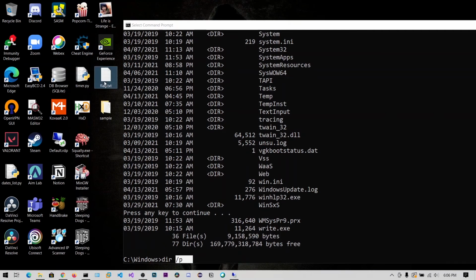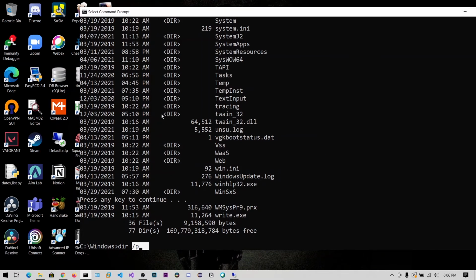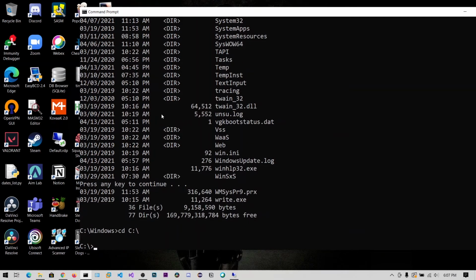Okay, now we are going to find the flag.txt that is in the desktop, we know, right? Okay, now we can say directory. First let's go to the C directory, and let's say dir and star.txt, and I need to find it recursive.